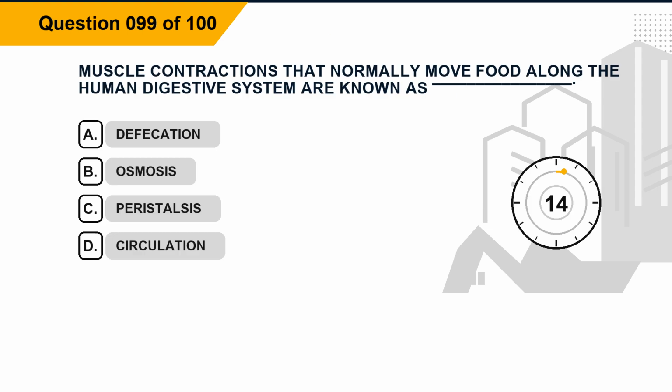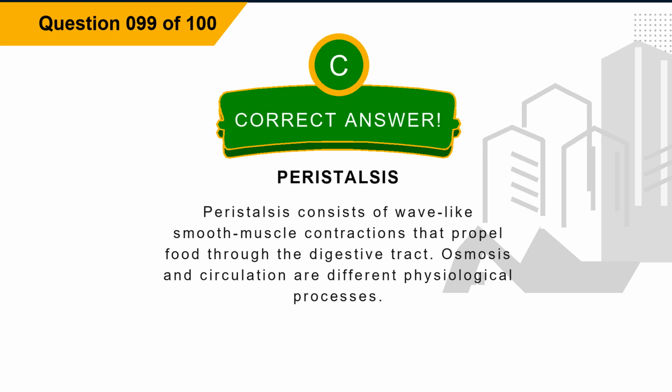Question 99. Muscle contractions that normally move food along the human digestive system are known as blank. Option A, defecation. Option B, osmosis. Option C, peristalsis. Option D, circulation. The correct answer is option C, peristalsis. Explanation. Peristalsis consists of wave-like smooth muscle contractions that propel food through the digestive tract. Osmosis and circulation are different